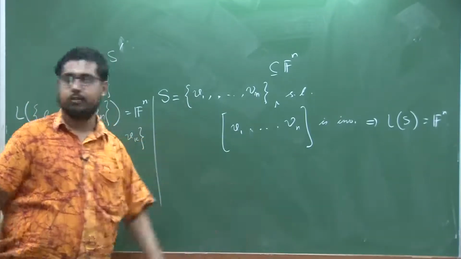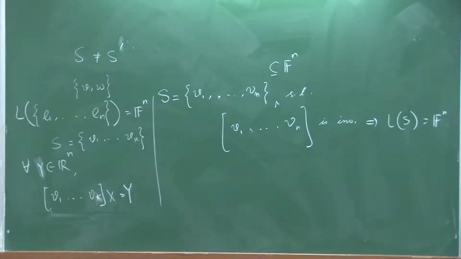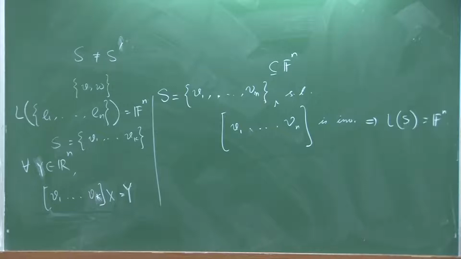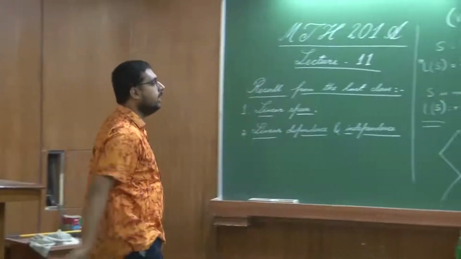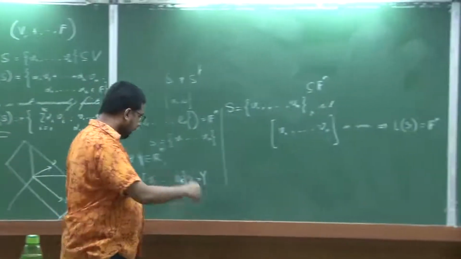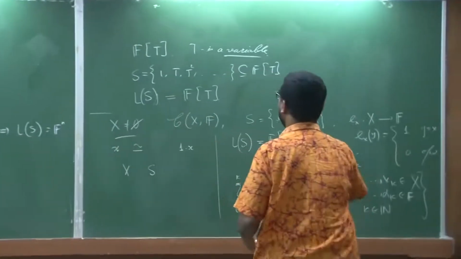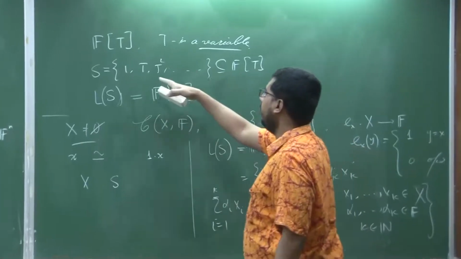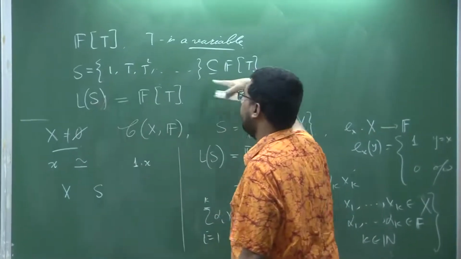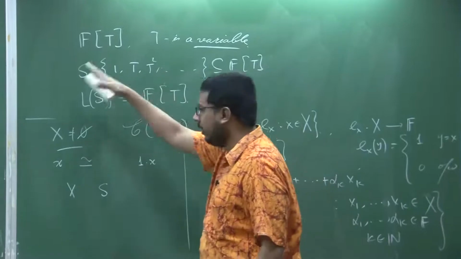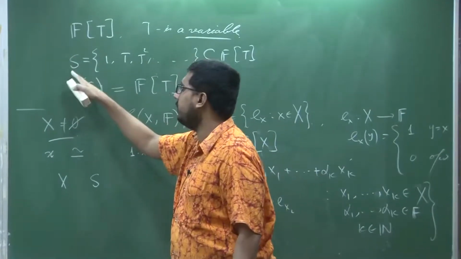So, that is what we can conclude. That shows that we can actually have plenty of different spanning sets of Fn. Let me give one example for the infinite case. For simplicity, we will give a different spanning set of